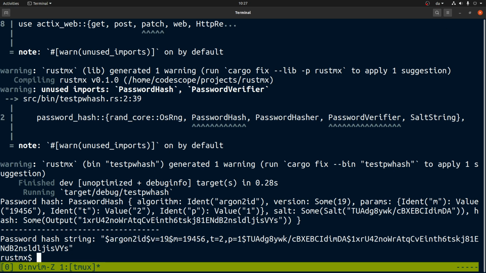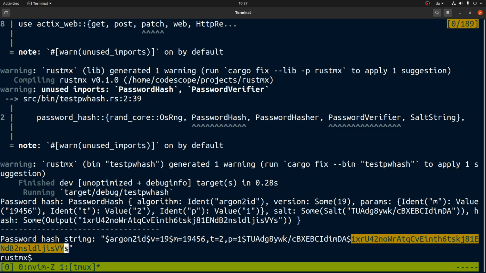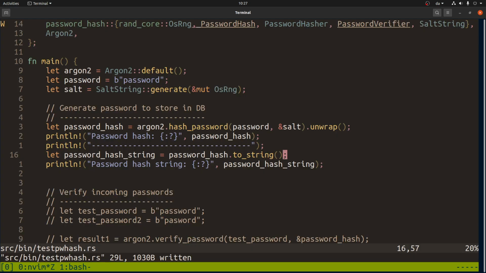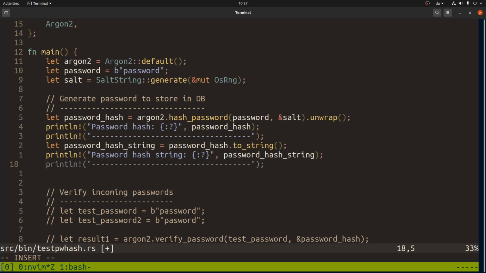It tells you the version, tells you the parameters, and we can even see the hash is here. Even the hashed version of the password is also in there. So it's a very simple serialization, but we can take advantage of that built-in function. We don't have to write it ourselves,